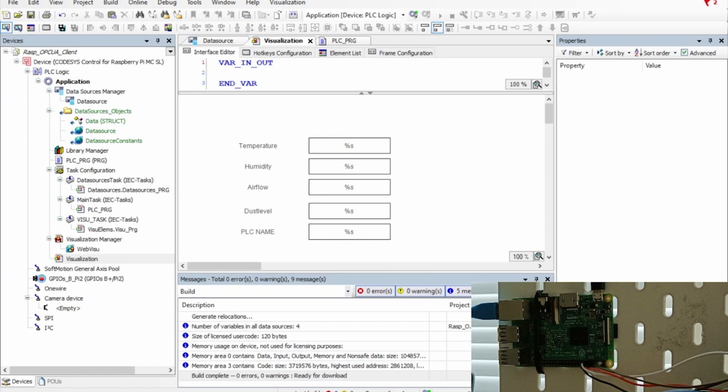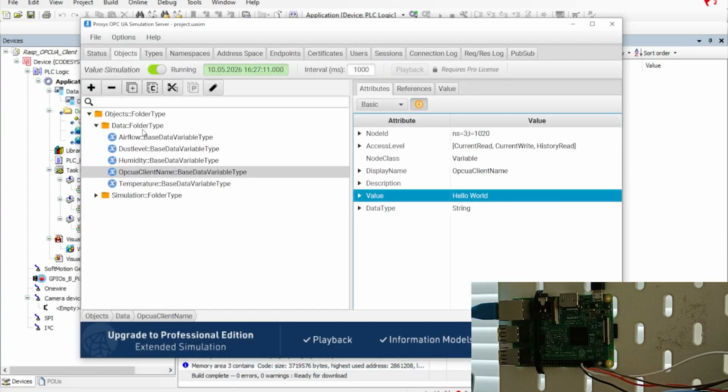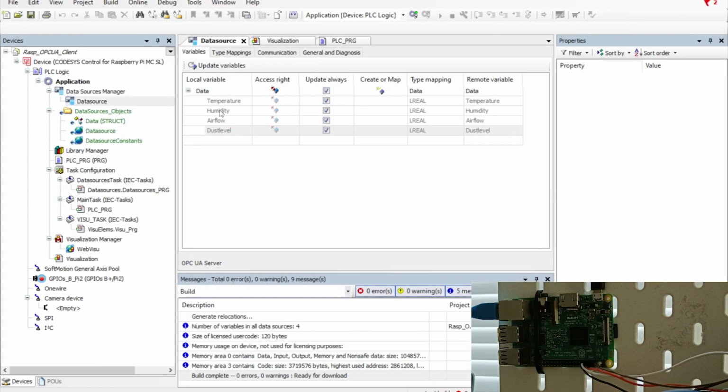And now, since we want to update our list, remember we have 4 variables here. So when you come to data source here, under variables, we have all the variables that we are reading from the server there. So we want to add the new variable that we just added on the server here. So this variable should also be added to the list here. So all we need to do is to click on this update variables button here,